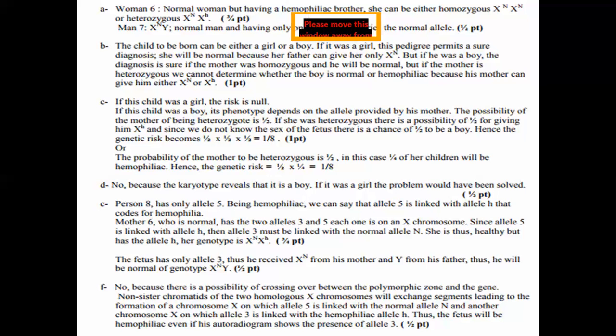While mother 6 is normal, she has the two alleles, allele 3 and allele 5, on the X chromosome. Since allele 5 is linked with allele H, and since mother 6 is normal, she should carry the allele N also. So this allele will be linked to allele 3. So here she is healthy, but heterozygous, having the genotype XNXH,